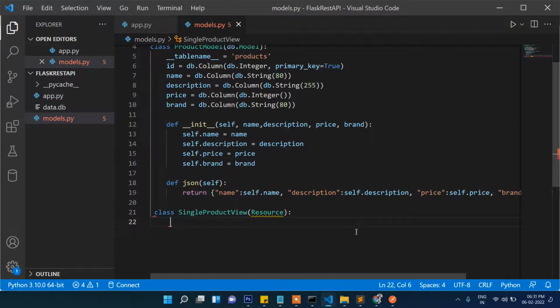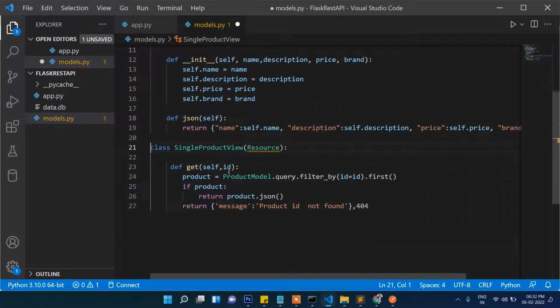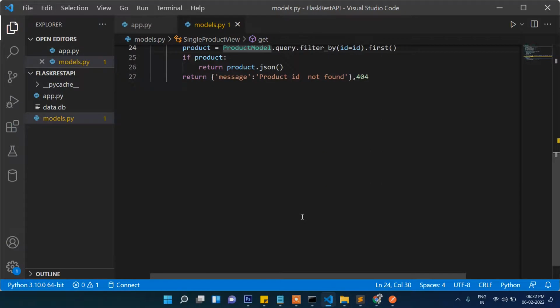So let's write the function, and the function is get then ID. We will pass the ID and it should return the product detail. And this time we will define here,